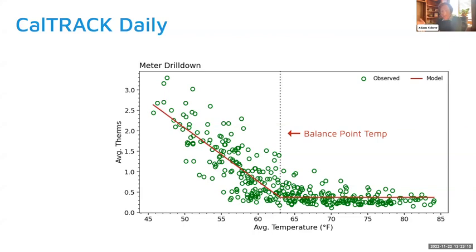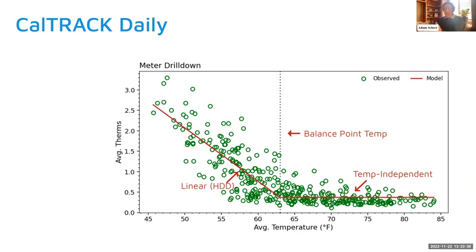So first is a balance point temperature. The balance point temperature basically says where in this meter's usage do I start to see increased consumption as a function of temperature. Outside of that region is a temperature independent region. And then to the left of the balance point temperature, or at colder temperatures, I have a linear model that we fit.